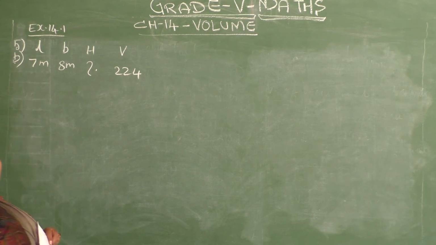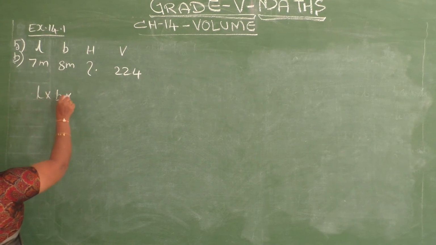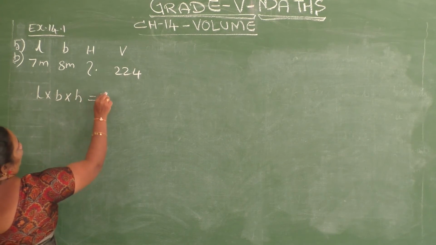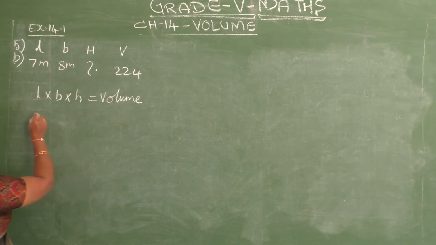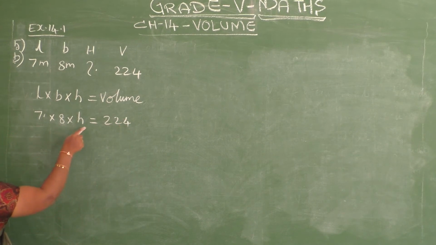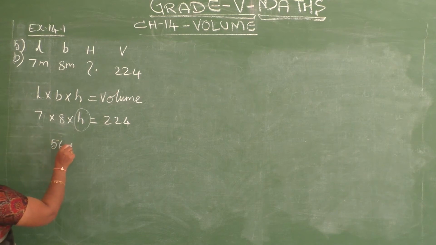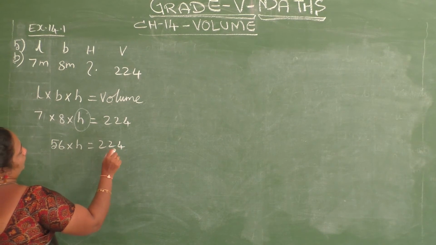224. Right. Usually, how do we find the volume? We multiply all the measurements, length, breadth and height, then we can find the volume. Is it or not? But here they missed the height, so what can we do? They gave the volume only here. Length into breadth into height equal to volume. Here the length they gave 7 meter, breadth they gave 8 meter, height they didn't give, and they gave the volume is 224. Now we are going to find out the height only. So you can keep the height only. Just first multiply this one. 7 8s are 56 into height equal to 224